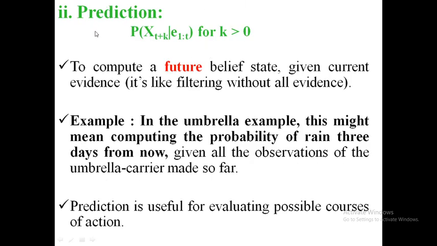Now, coming to prediction, which is nothing but the future. So, we consider the present t along with plus k. What is the plus k? From today to n number of days in the future. If you want to consider these variables, the evidence is available for today only, always.